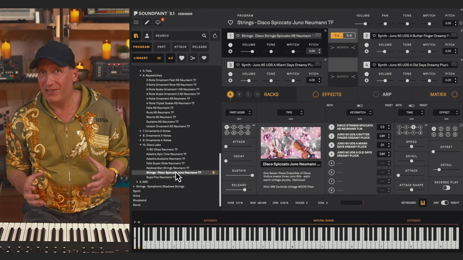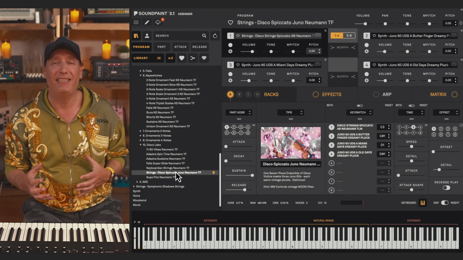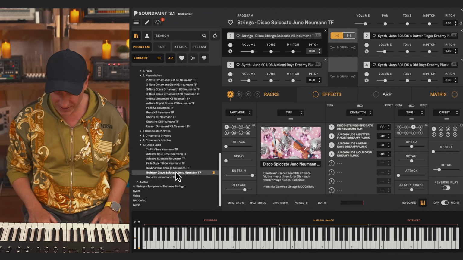Here's another experimental disco patch from the Disco Labs, combining three Juno 60s together with the spiccato from the Disco Strings.